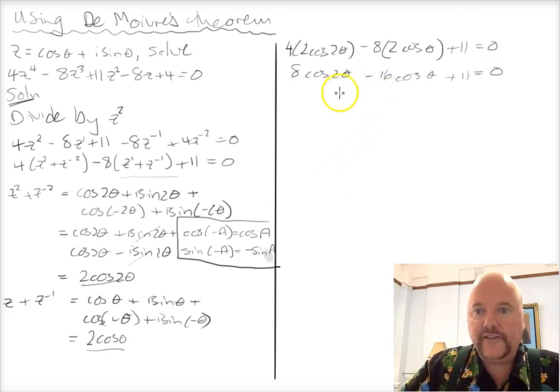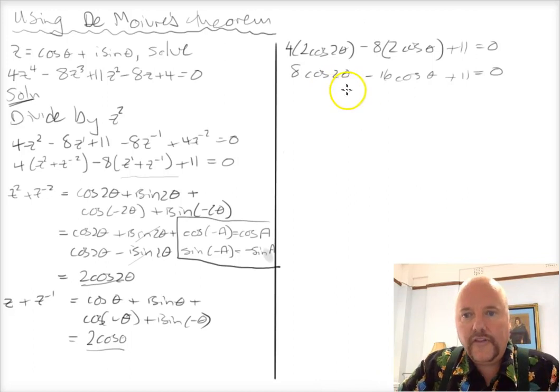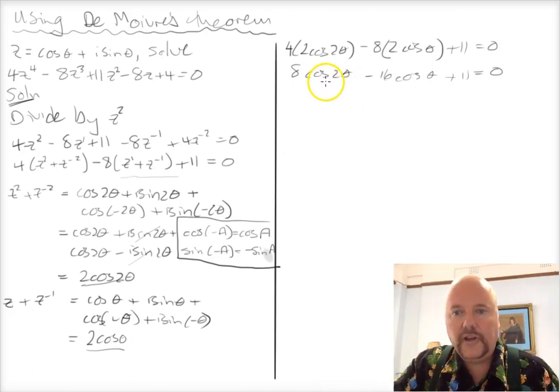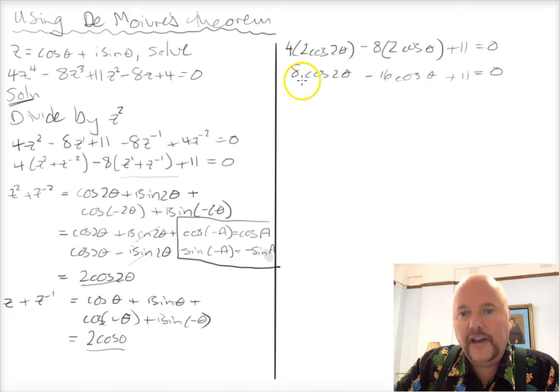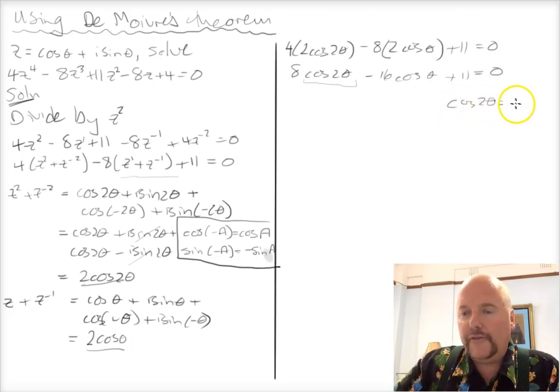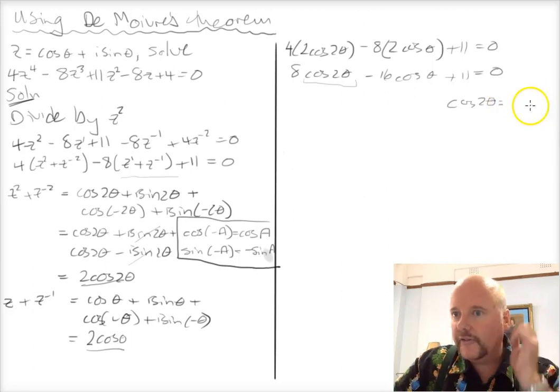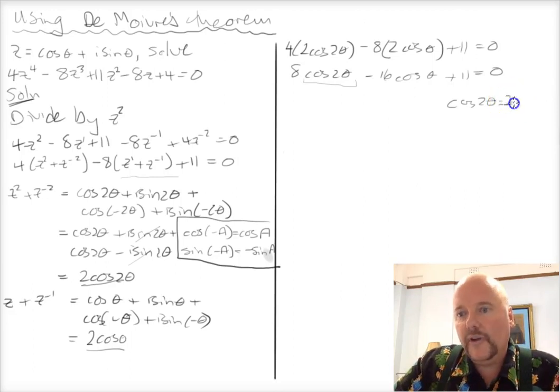Now we're getting pretty close to having it all in terms of cos theta. We're not quite there. This is a cos 2 theta. So what I'm going to do is use the trig identities that you've learned from Extension 1 and replace that with something. Now remember, cos 2 theta has 3 identities you're familiar with, and you don't need to write them all out every time. There's cos squared theta minus sine squared theta, there's 1 minus 2 sine squared theta. The one that I'm going to use is the one in terms of cos theta, which is that one there. So this becomes 8 lots of 2 cos squared theta minus 1, minus 16 cos theta,